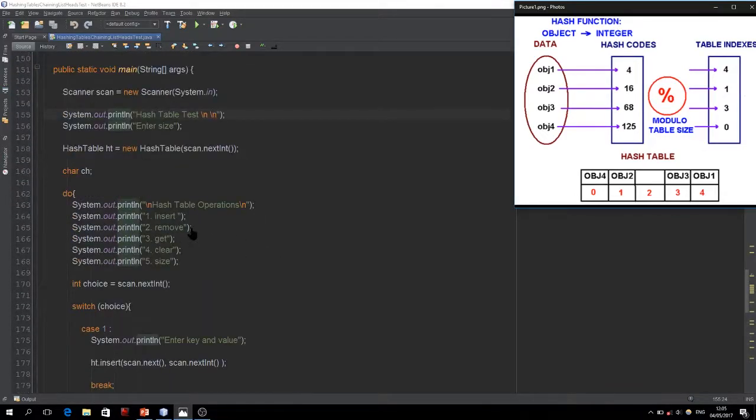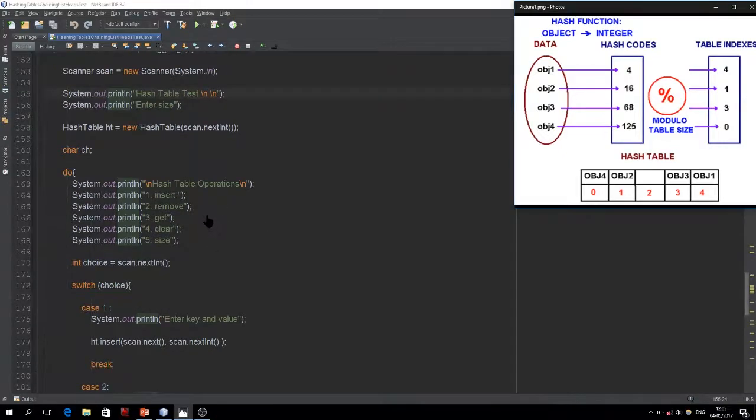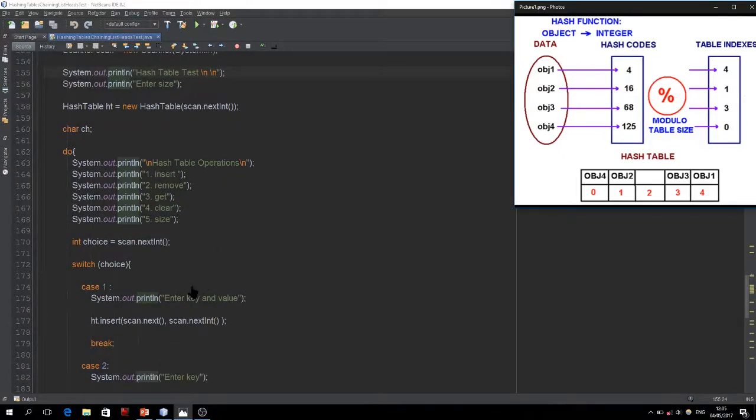Okay, we get to choose what we want to do. First, we're going to discuss inserting the key and value. So each object, as we remember, has both a key and a value. So we insert